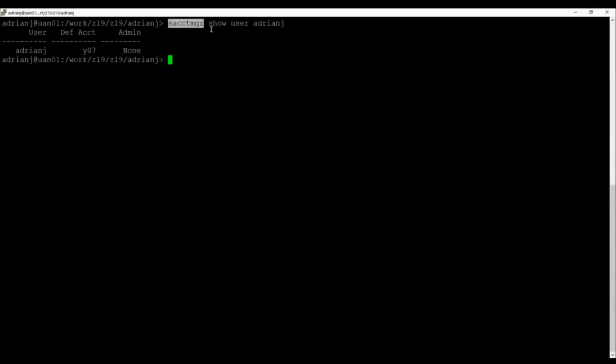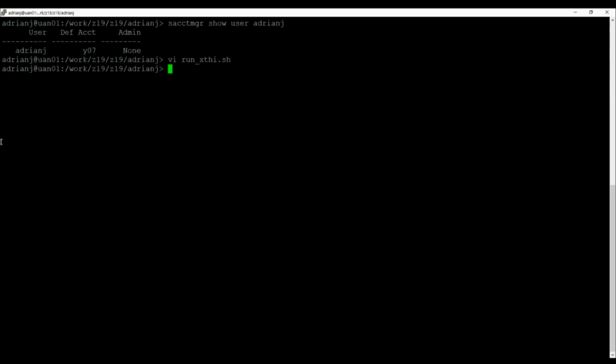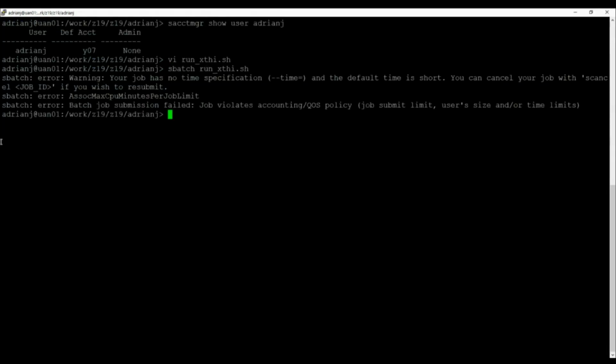Slurm doesn't quite work in the same way, but we have these as account manager commands here. It's another Slurm command called sacctmgr. I can say show user, and that's my username, and it says user Adrian J has a default account of Y07. So if I don't specify in this run of XTHI what account I want to charge to, and I try and submit my job,